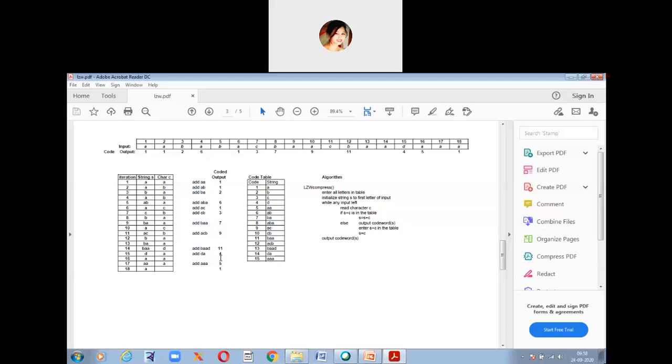When you add this up, it is not literally adding it up, okay? It is not that 1 plus 1 is 2, 2 plus 2 is 4. Suppose you add AA, you take the output code for A. A is 1, so you take it as 1. AB, you take AB here, but you are not taking it as 2, because A is 1 and you're not taking the value for B, so it is 1. Again consider BA. B plus A, we are not considering A, we are just considering B, so 2. In that manner, you write the coded output here using the help of this algorithm.